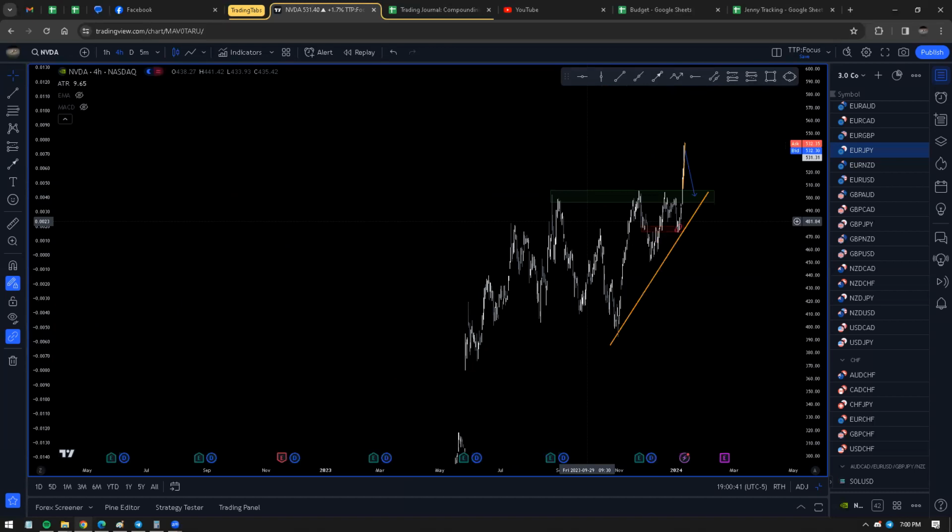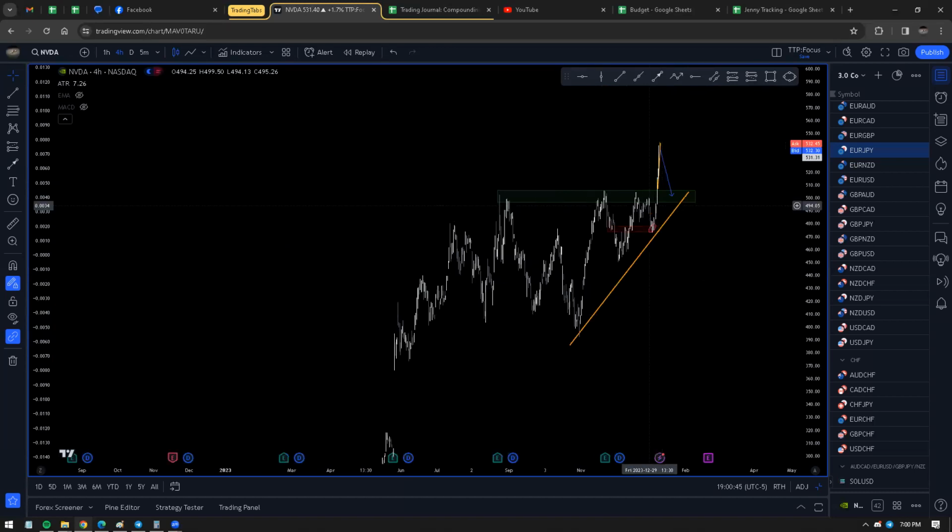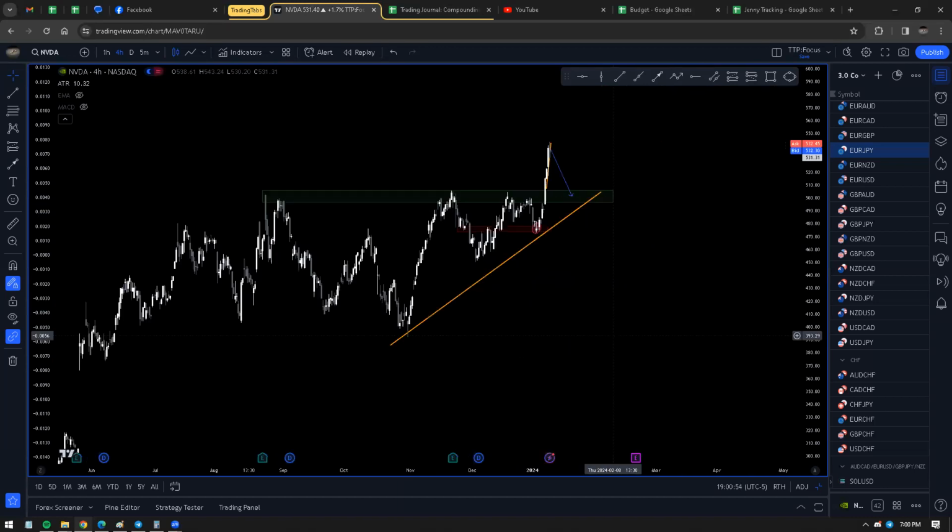Especially since we've been hammering into this level repeatedly. Sometimes you end up getting a rollover. Sometimes you get a breakthrough. You just never can tell. And so I would go for what I believe would be a reasonable target. And given that